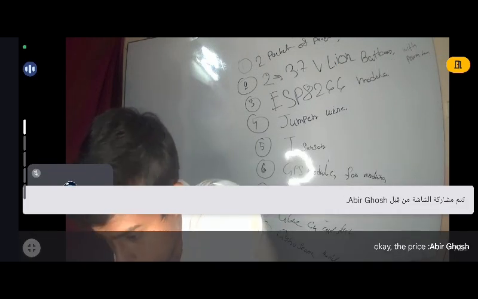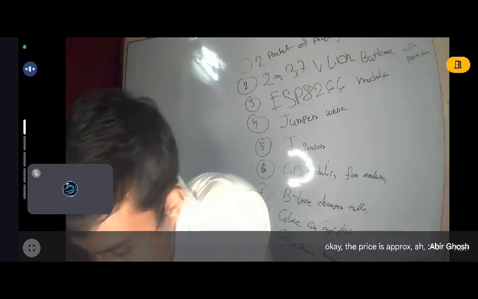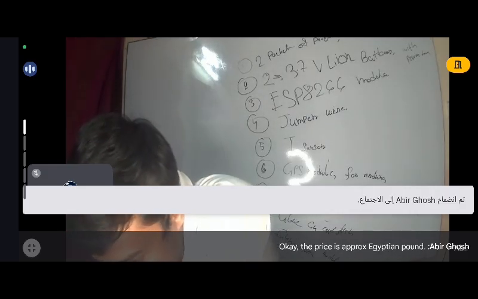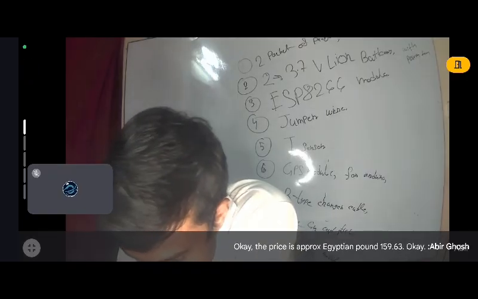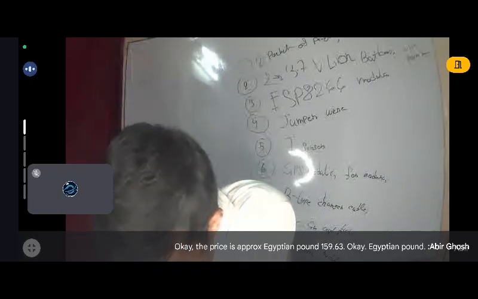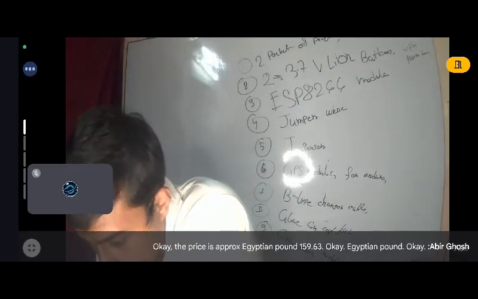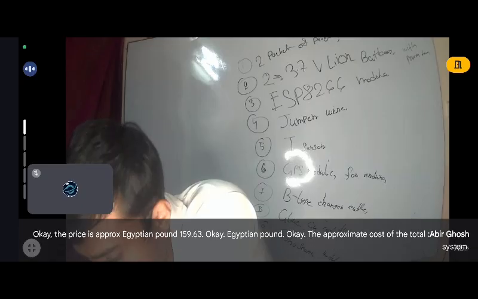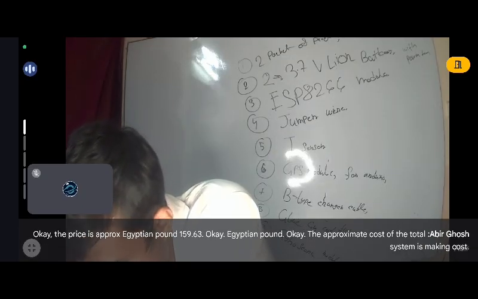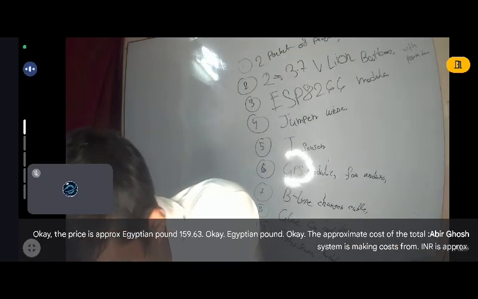Okay, the price is approx Egyptian pound 159.63. Okay, the approximate cost of the total system is making cost from INR is approx